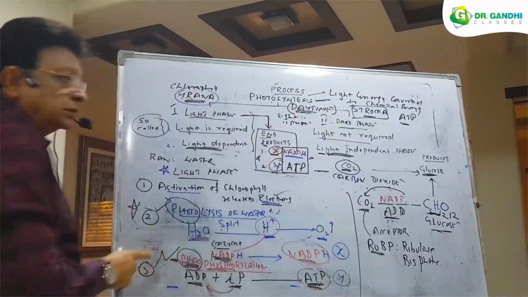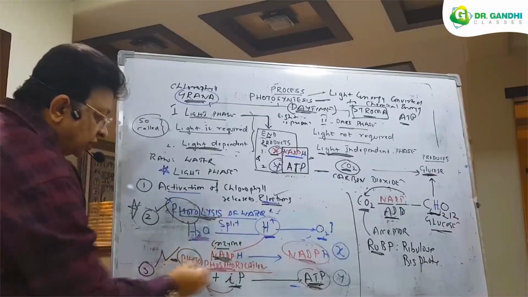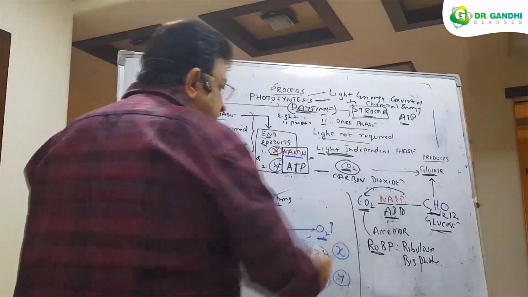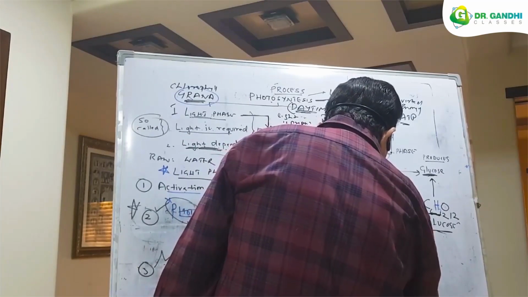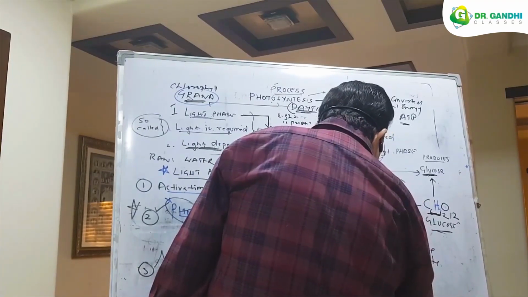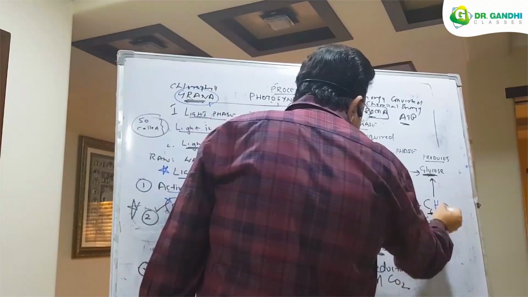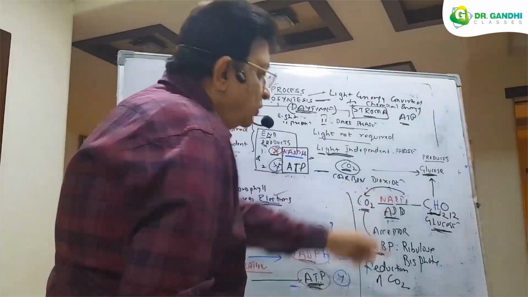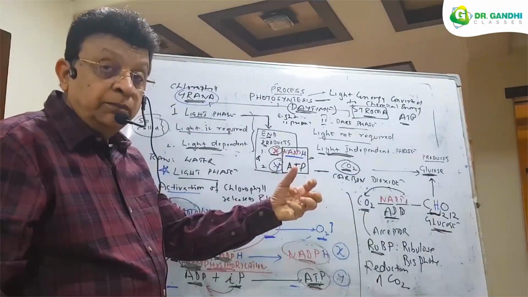The two important reactions in the light phase are photolysis of water and photophosphorylation. The reaction in the dark phase is known as reduction of carbon dioxide to any substance. When you add hydrogen, it gets reduced, therefore called reduction. At the end, we have got glucose. Several molecules of glucose, mind it,